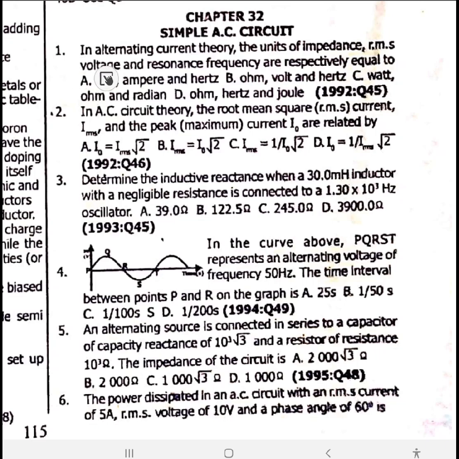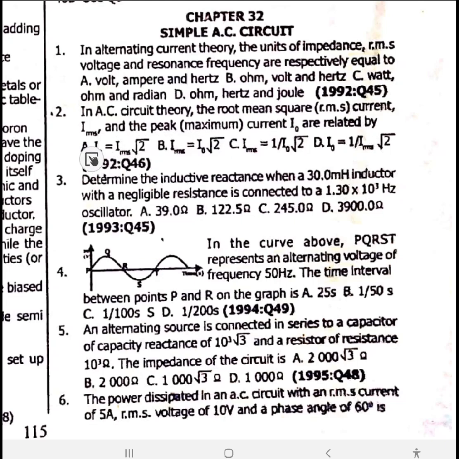Let's get straight into it. In alternating current theory, the unit of impedance, RMS voltage, and resonance frequency are respectively equal to ohms, volts, and hertz. Option B. Next question. In AC circuit theory, the root mean square (RMS) current and the peak maximum current are